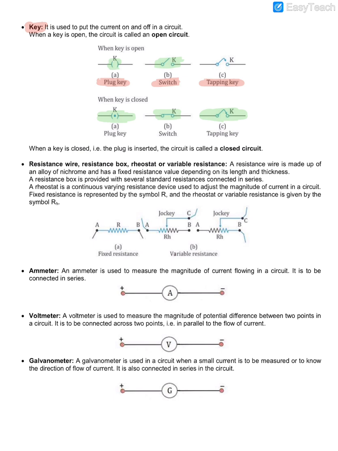Now there are resistance wires, there is a resistance box, and there is a rheostat or variable resistance. Rheostat is another name for variable resistance. What are variable resistances basically? You can say they are like the regulators at home. You have the regulators for the fan, and you can make your fan faster or slower. That device with which you make it slow or fast is basically a rheostat. You can increase or decrease resistance with the help of that.